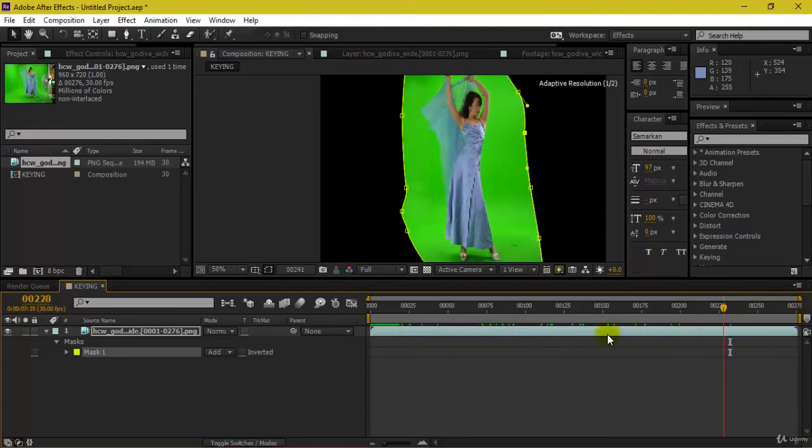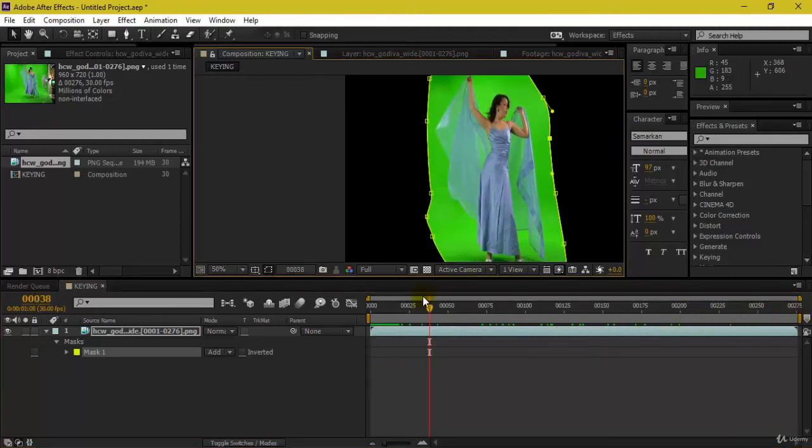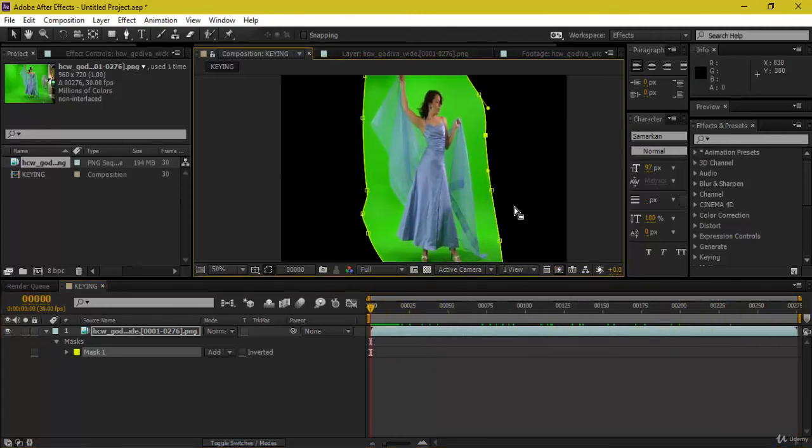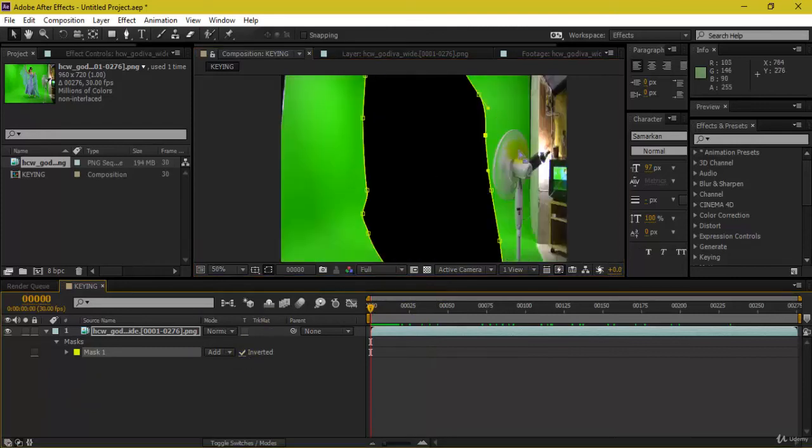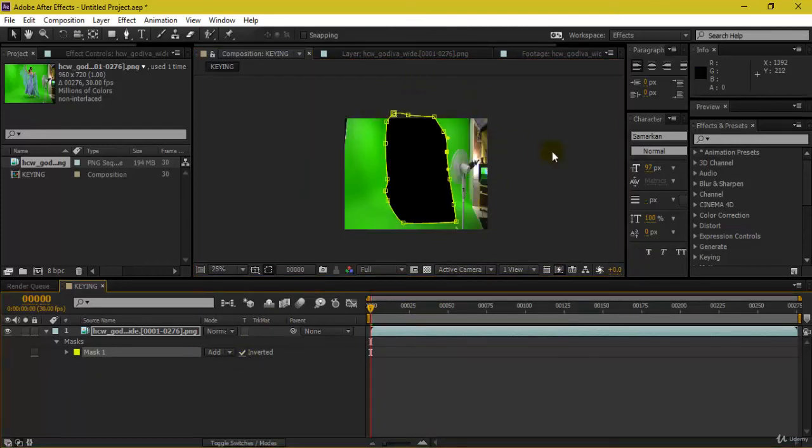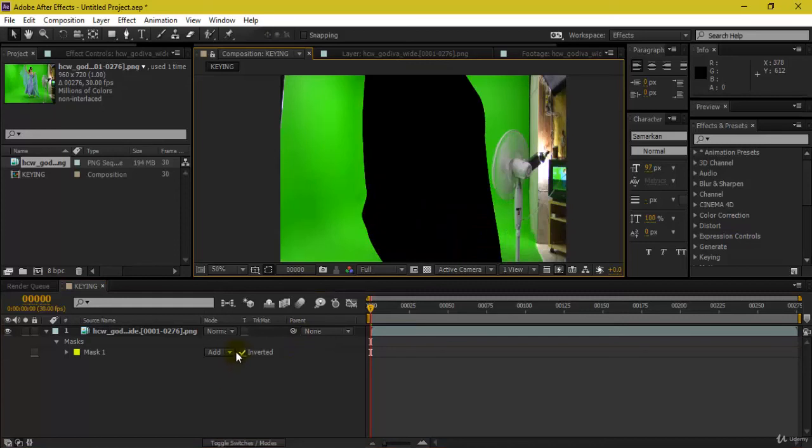This looks pretty cool, as we have got the garbage mat. If I check this inverted, this is what the garbage mat looks like. I've just checked inverted here, where this is the area which has been removed through my mask.